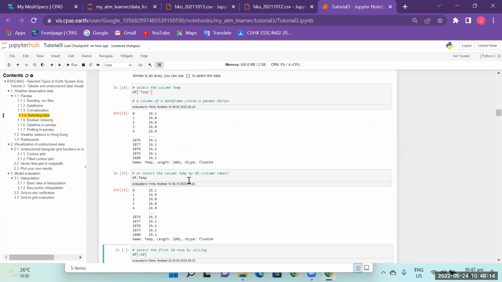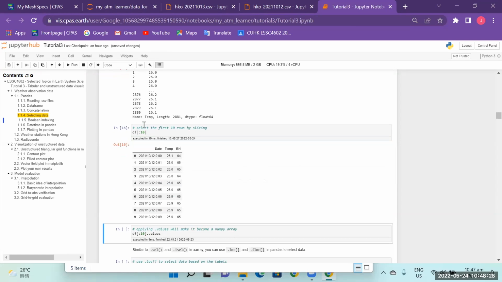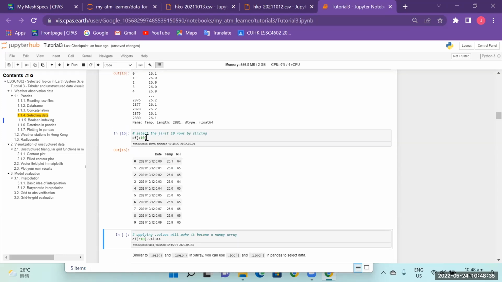And very similar to xarray, you can use the dot sign to call this labeled column. You should label the column first before you use this function. And then, again, it's very similar to what we introduced in the NumPy array. We can use slicing to select, maybe, the first 10